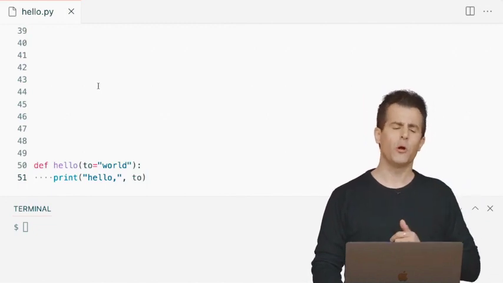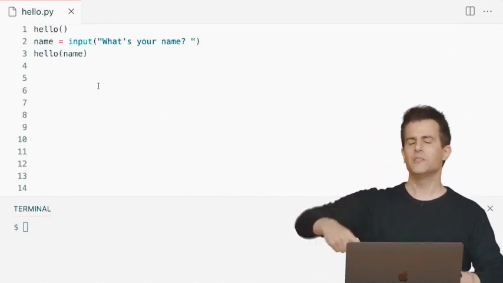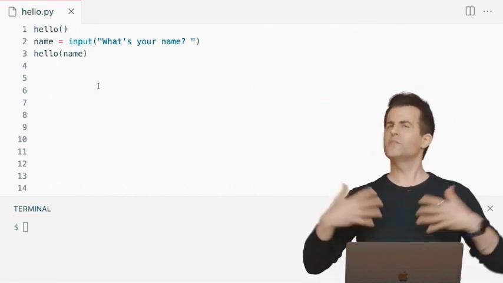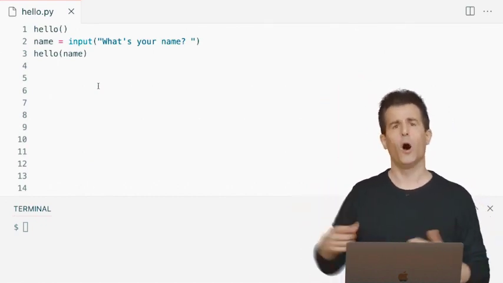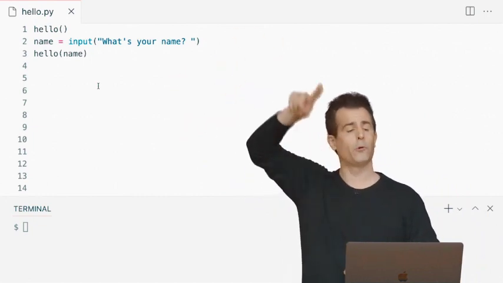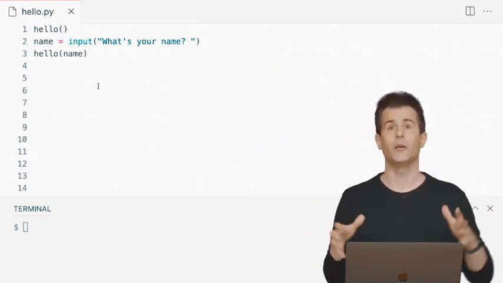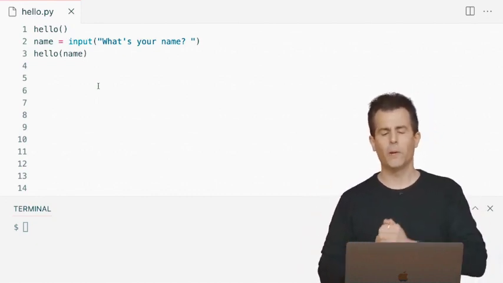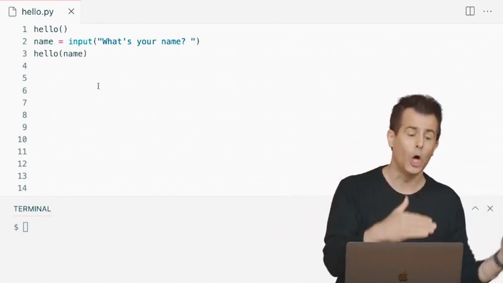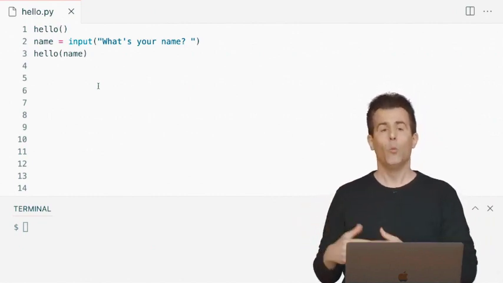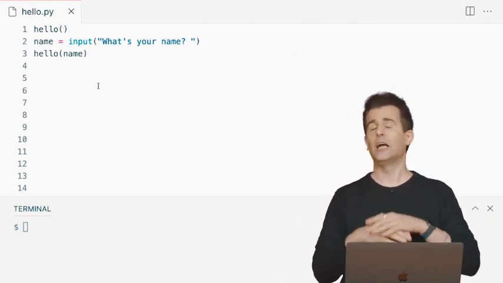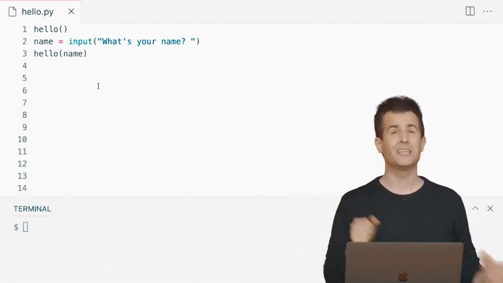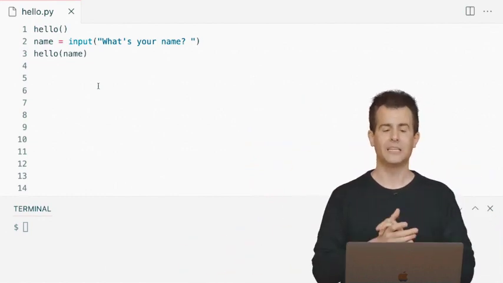Why? Well, just in the spirit of out of sight, out of mind. Because if I now rewind to the start of my program, you can sort of take for granted that, oh, hello is a function. Why? Because it's there on line 1, and it has an open parenthesis and a closed parenthesis, which up until now has meant call this function. And then on line 2, we're getting a variable from the user by typing in their name, and then we're calling hello, passing in that value. Well, at this point, I can just take for granted that hello exists, even if it's way down further in the file, or as we'll see in future weeks, even if it's in a different file altogether.